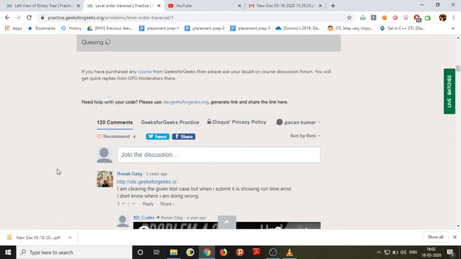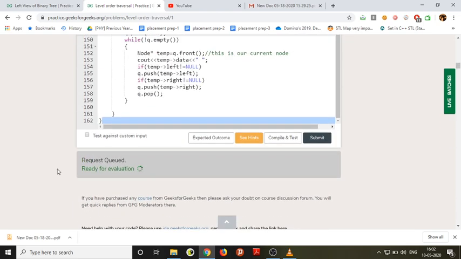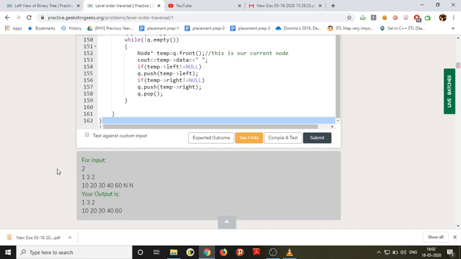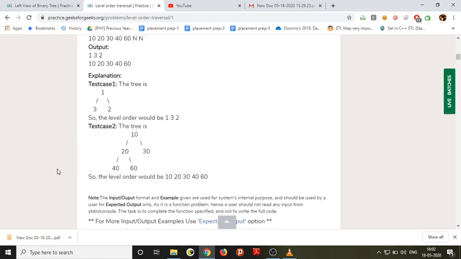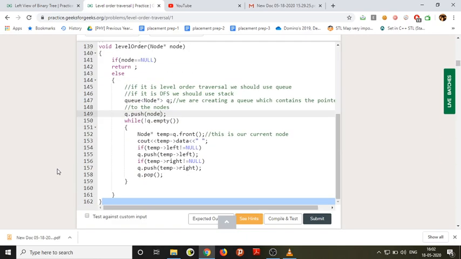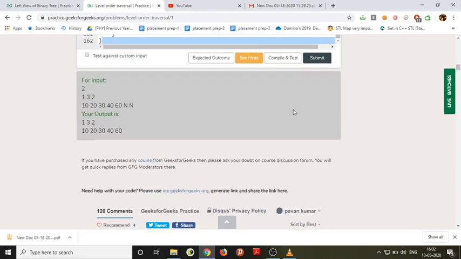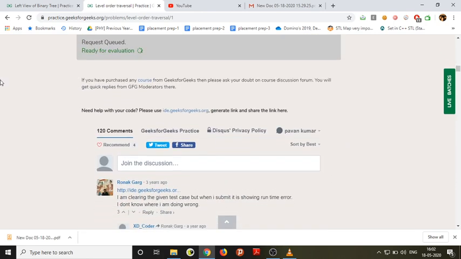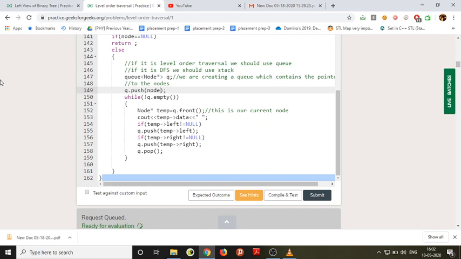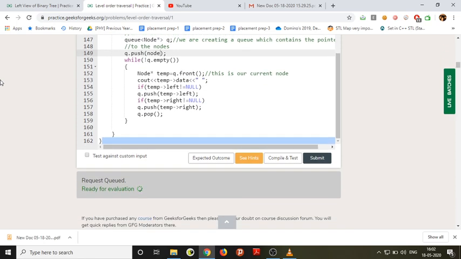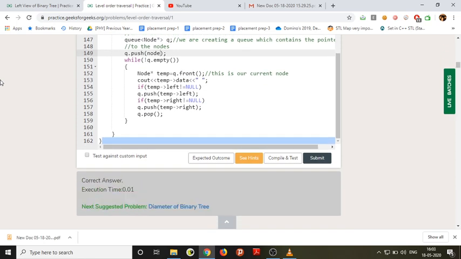Compile and test. Yeah, the output is 10, 20, 30, 40, 60. Okay, we'll submit it. Yeah, this is the case.